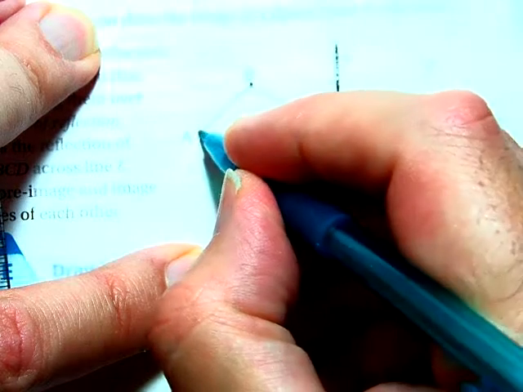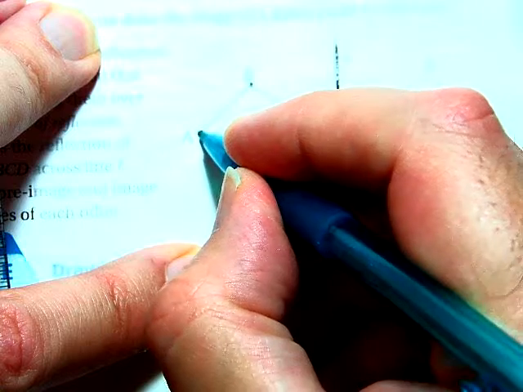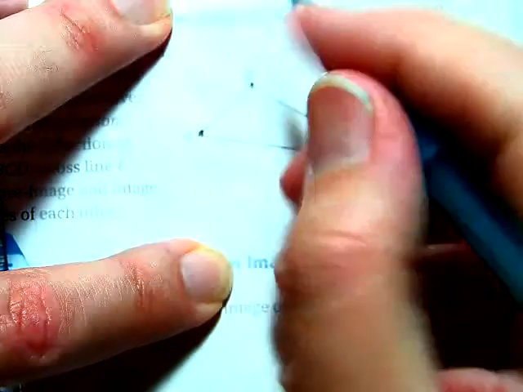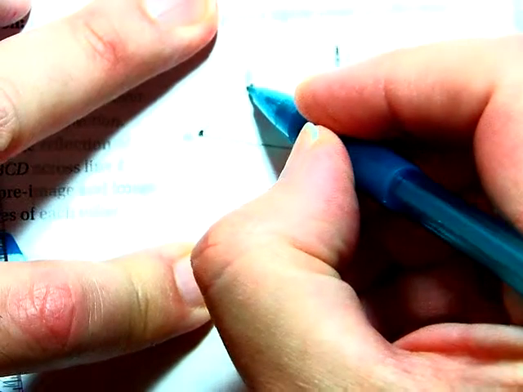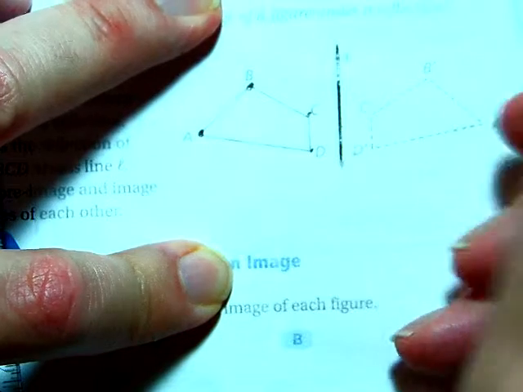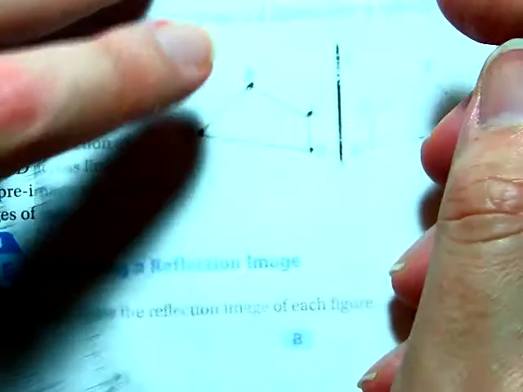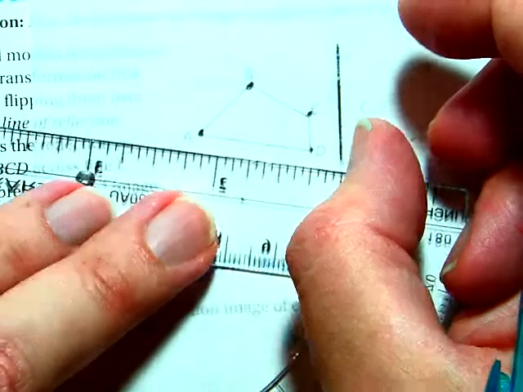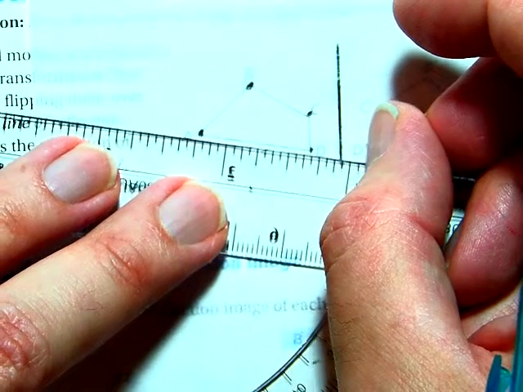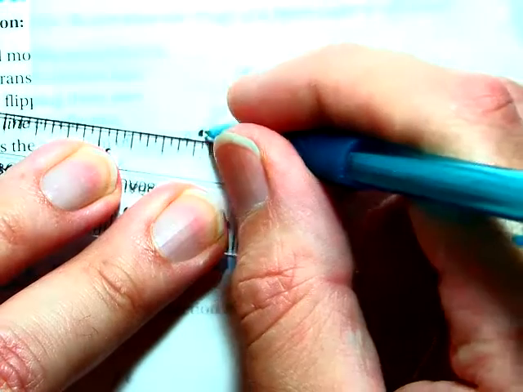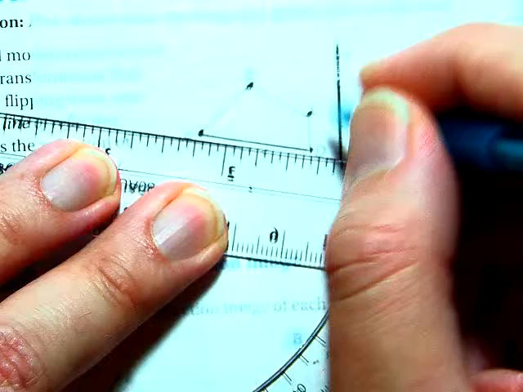Now notice I'm going to dig in really deep. I'm really putting a lot of pressure, so I have really distinct points. Now I'm going to draw the lines between them. AD, AB,